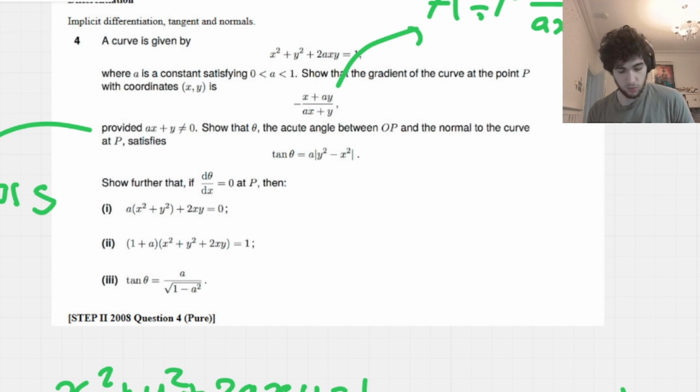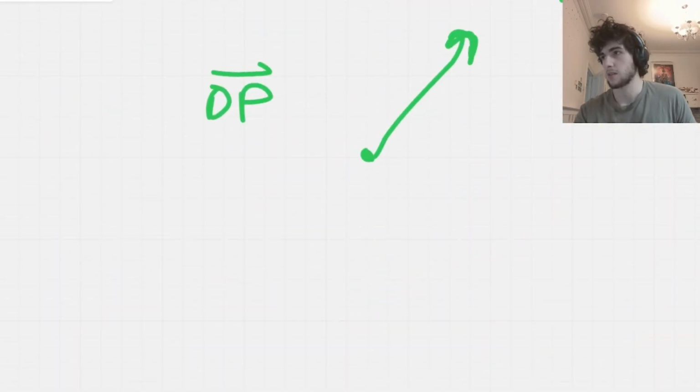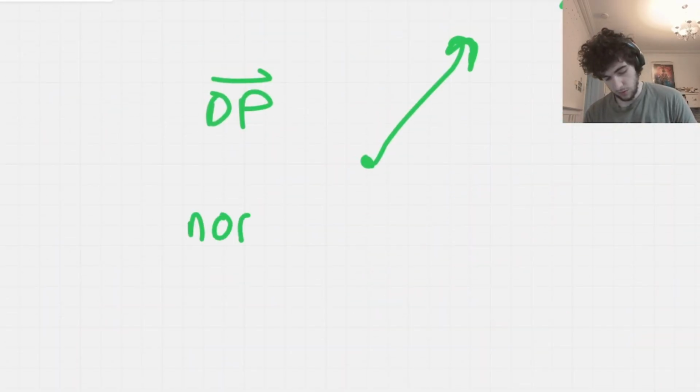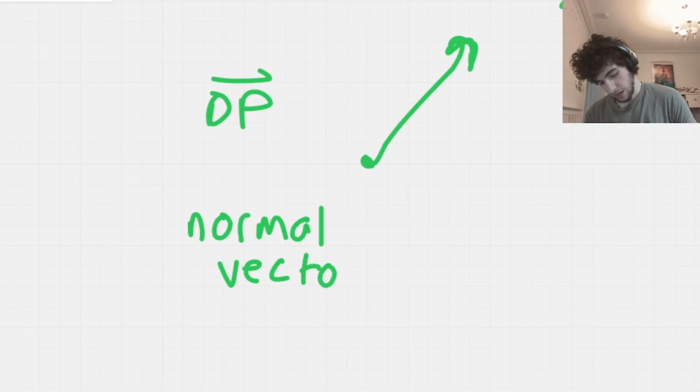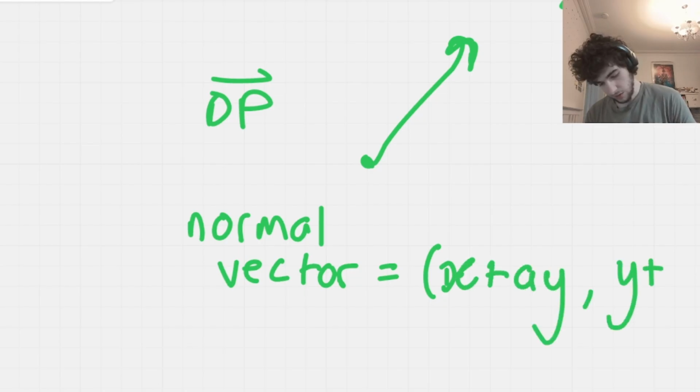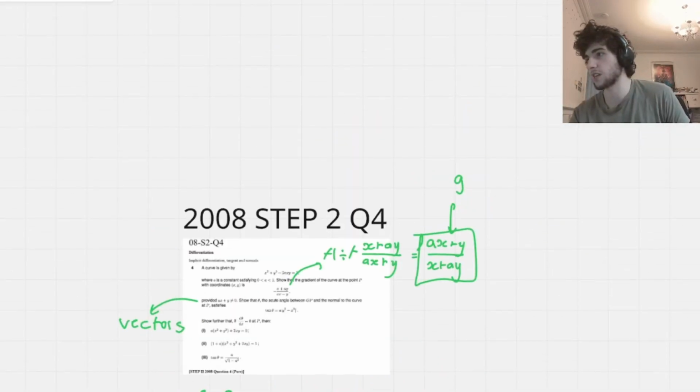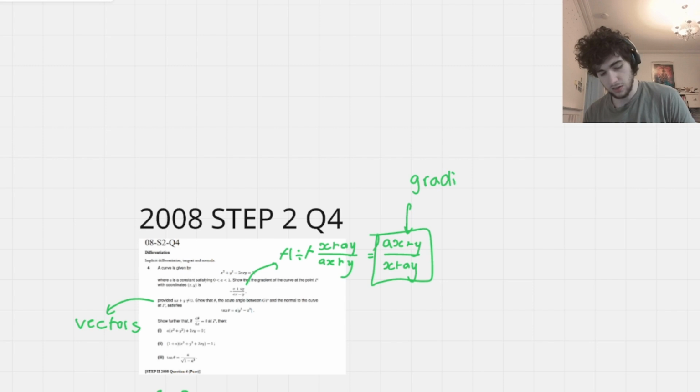So you can effectively write the normal as a vector, right? So you could write the normal at P, so you could say normal vector, right? And we can write it in the following form, effectively, x plus ay, and then y plus ax, right? Because if we go back up here, you can see that this is the gradient of our normal, right? This thing here is the gradient of our normal,